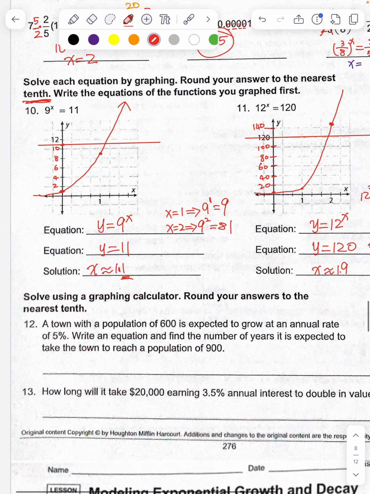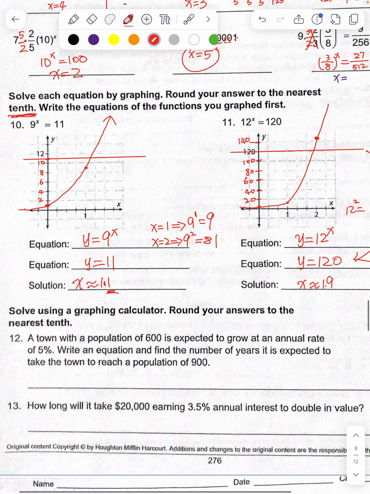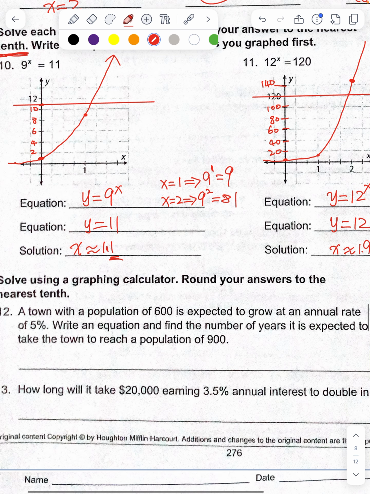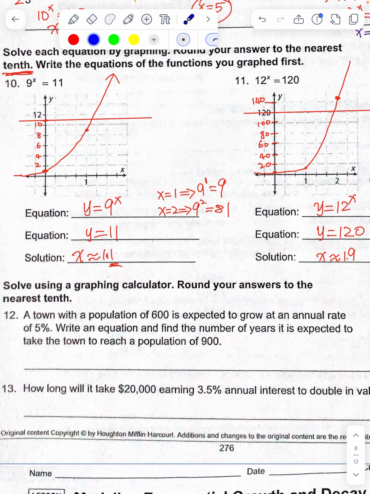Okay, last two questions, number 12 and 13. Word problem. Number 12: a town with a population of 600, the initial value 600, is expected to grow at an annual rate of 5%. Write an equation and find the number of years it is expected to take for the town to reach a population of 900. Okay, equation, y equal to